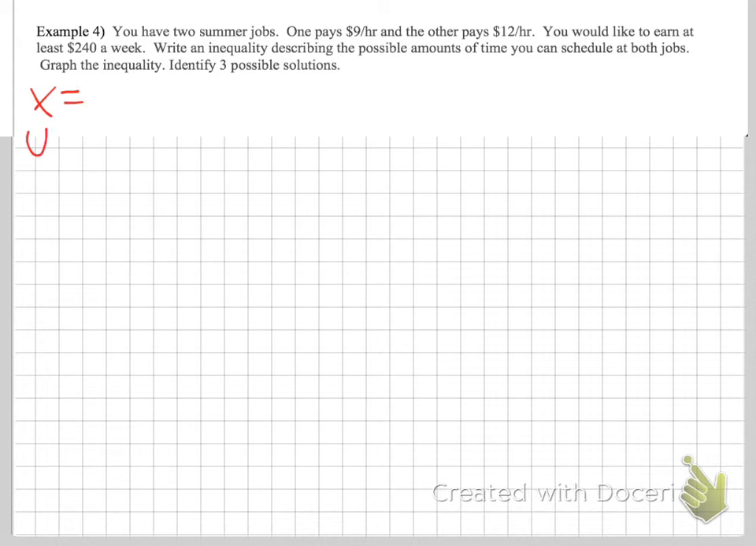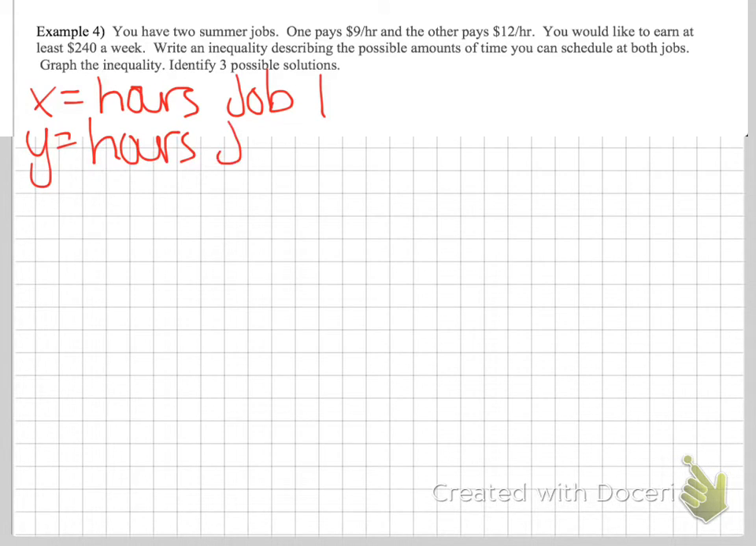So when we're writing an equation, the first thing we need to do is define what our x represents and what our y represents. We have two jobs, so our x is going to be the hours that we're going to work at job 1, and y can be our hours that we're going to work at job 2. And so we're going to fall into the familiar model of